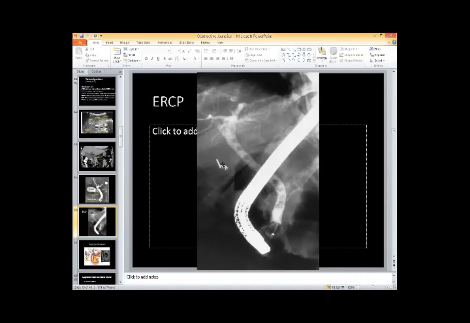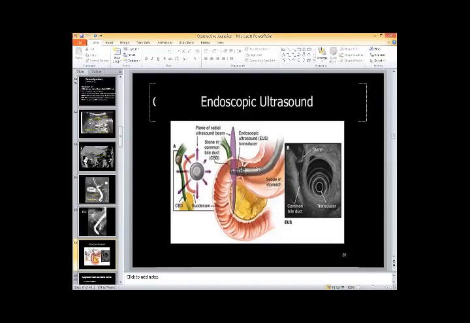Also, you can see these are the surgical clips. So probably this patient already had a cholecystectomy, and these clips are for cholecystectomy. But now they are trying to remove the stones from the common bile duct. And similarly, this is a picture of endoscopic ultrasound. This is an endoscope in the stomach and in the duodenum, and there is an ultrasound probe attached to it. And you can see the lower end of CBD very well, like in this picture. If you see, it's the stone, and it is visible. This is the stone in the common bile duct.